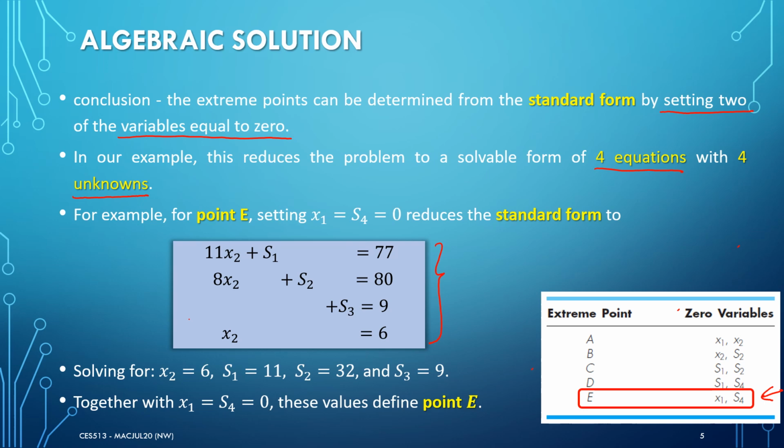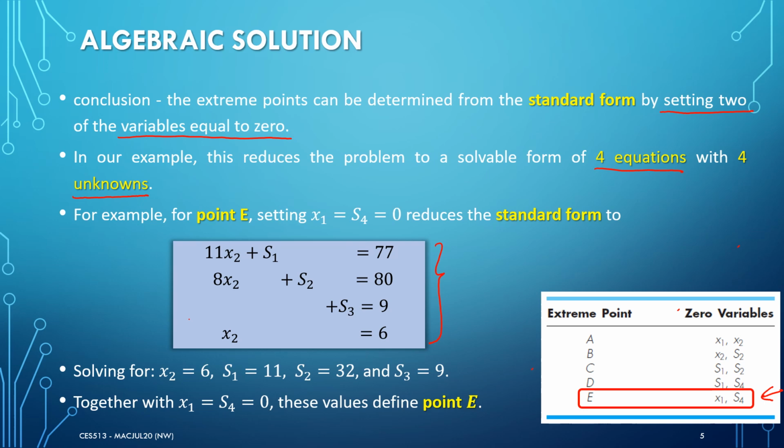So from the standard form previously, it can be reduced to 11x2 plus s1 equal to 77, and 8x2 plus s2 equal to 80, s3 equal to 9, and x2 equal to 6,